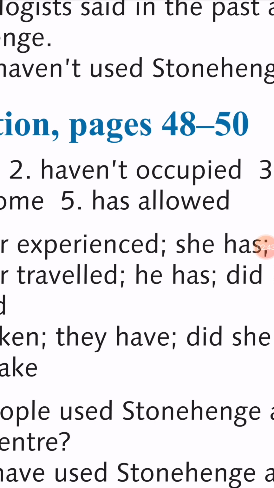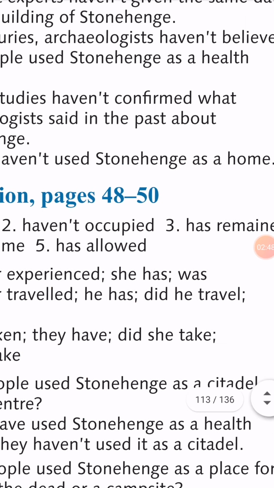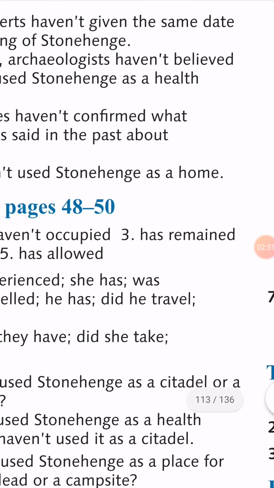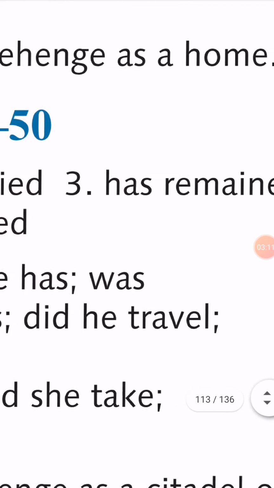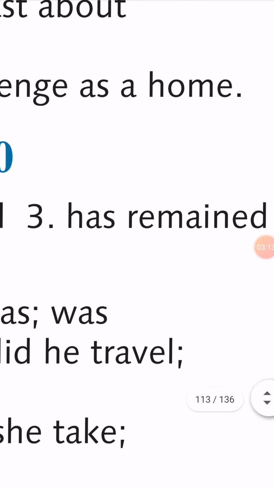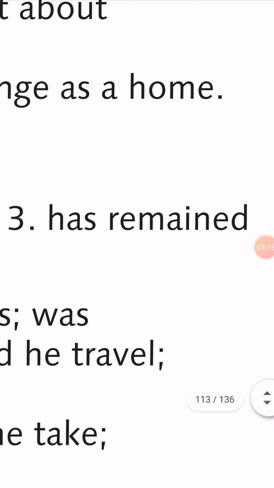So by chariot wheels, okay, remain. Remain, the meaning of remain بمعنى يبقى. Okay, so chariot wheels remain. So where is the subject here in the sentence? A street. You have to look at the street. A street is the subject. A street is singular. Because of that, you have to write has, as you see here, number 3. And the verb between brackets we have is remain. The past participle is remained. So you have to say has remained.